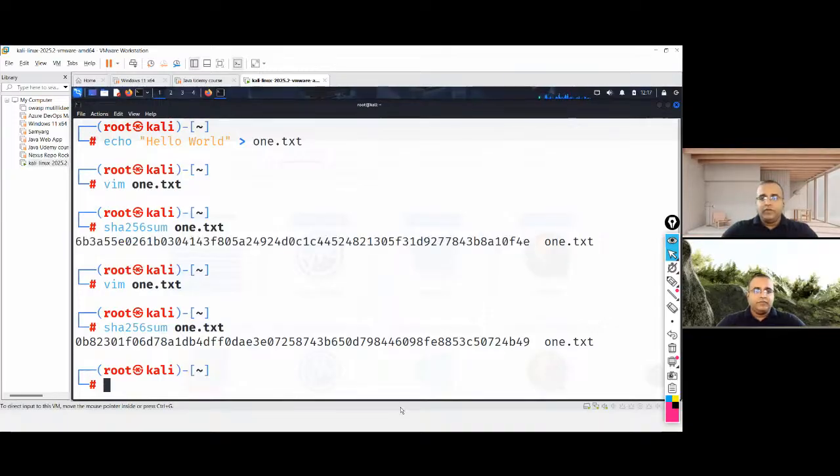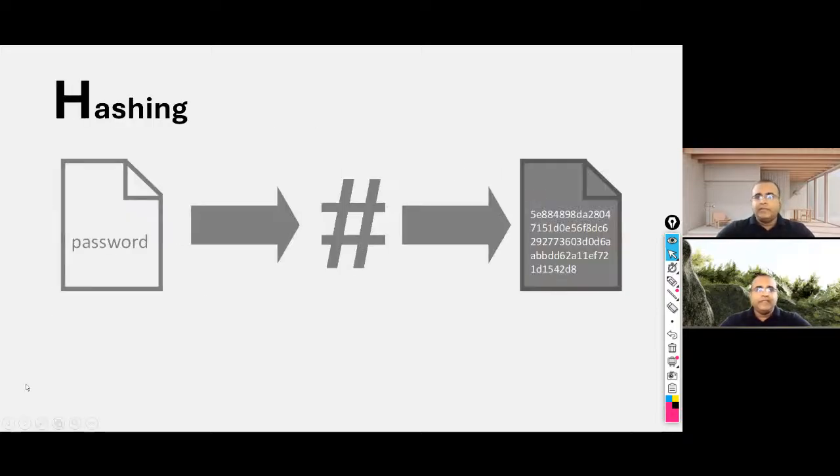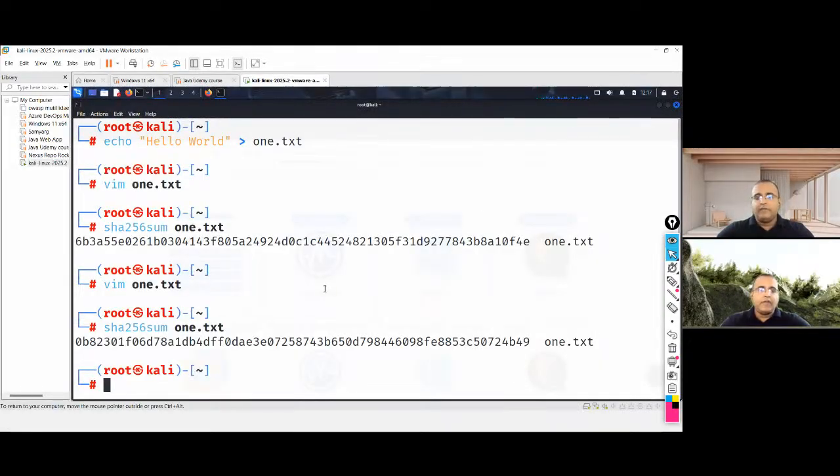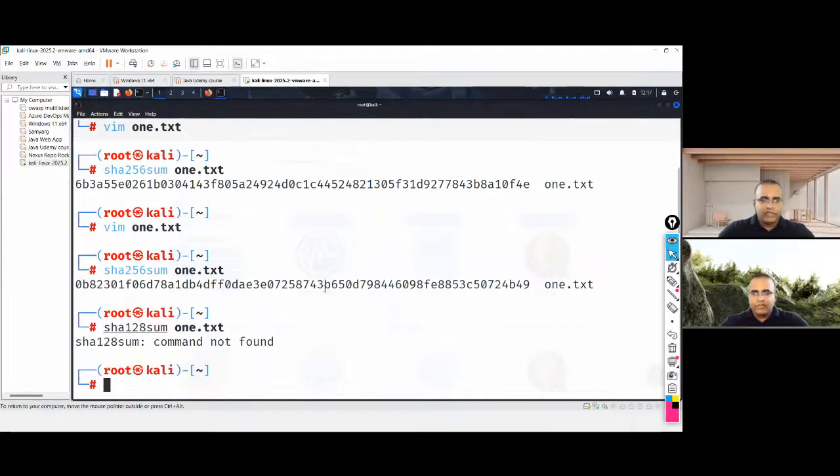So now what is going to happen here? Using the hashing value, I can look into this process. We take the password, convert it into a hash, and we get a value for it. This value is going to be different for different algorithms, which is very important to see. For instance, I can do the same thing with SHA-512 instead of SHA-256. Sorry, SHA-128.